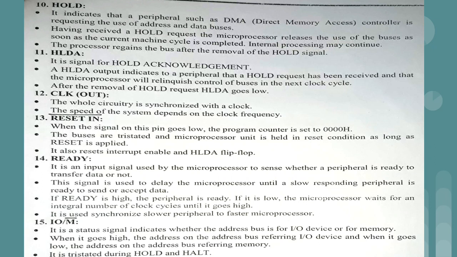If it is low, the microprocessor waits for an integral number of clock cycles until it goes high. So whenever we want to perform any input output operation, this particular pin has to be set to high. Basically it is used to synchronize slower peripherals to the faster microprocessor. So if all the peripherals are working synchronously, then and only then will the microprocessor be able to perform the function